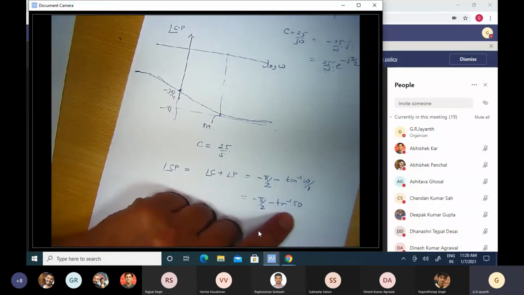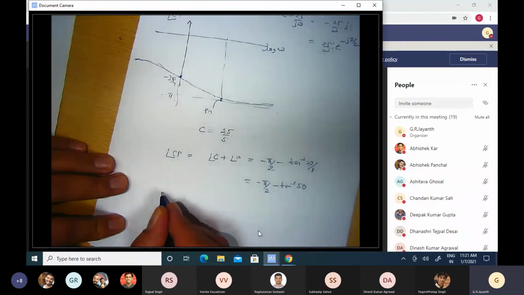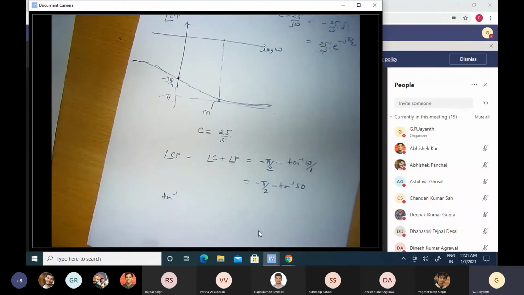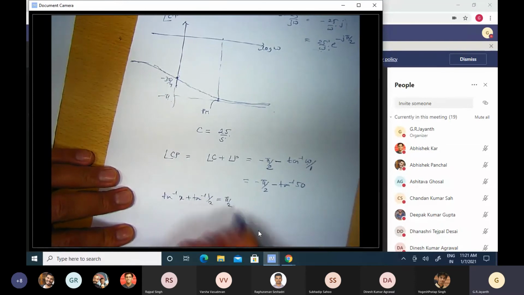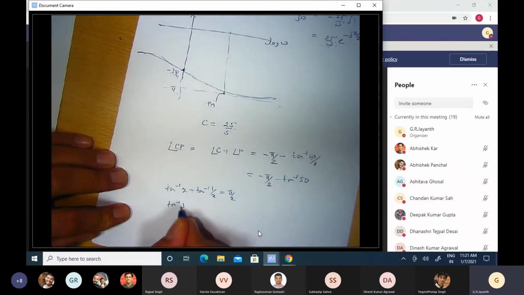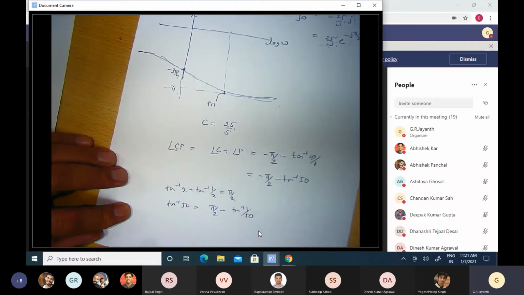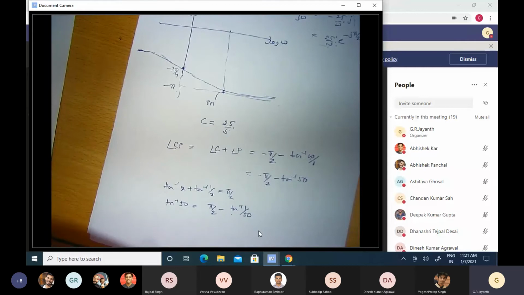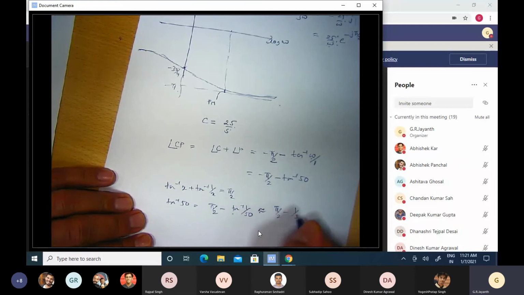Okay, so tan inverse of 50 is going to be a number that's very close to pi by 2 itself. Why is that so? We can see from a particular trigonometric identity. You might remember this: tan inverse of x plus tan inverse of 1 by x is equal to pi by 2. If I use this identity, I see that tan inverse of 50 is equal to pi by 2 minus tan inverse of 1 by 50. And tan inverse of a small angle is roughly equal to that angle itself, so it's approximately equal to pi by 2 minus 1 by 50.